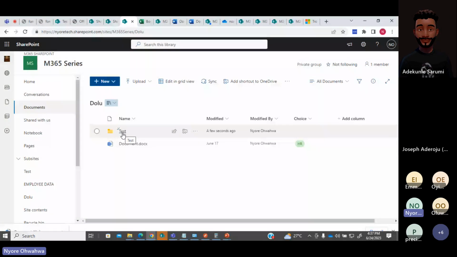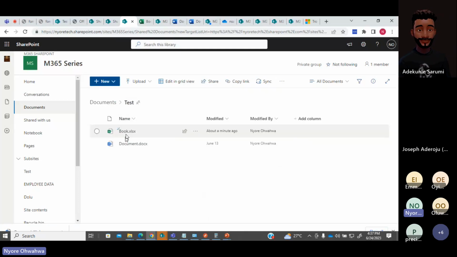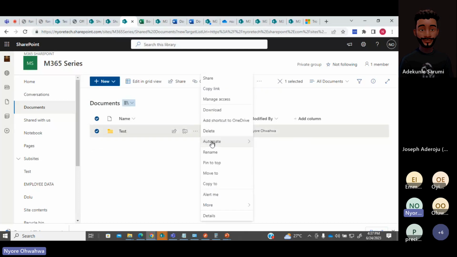So I can go into here and you see this is the new file that we copied from the document library into this Tolu document library. If I go here, you can see that the folder is still here and the files are still in it. Nothing has happened to them because I just did a copy and paste, right? So let's do a move